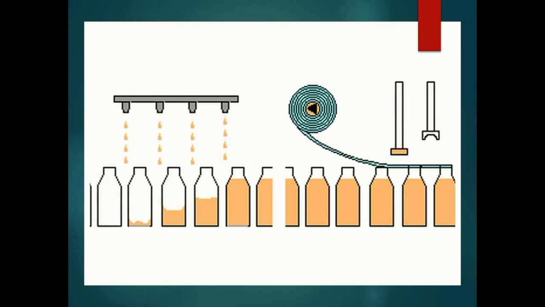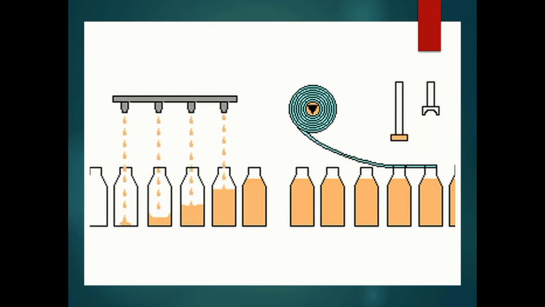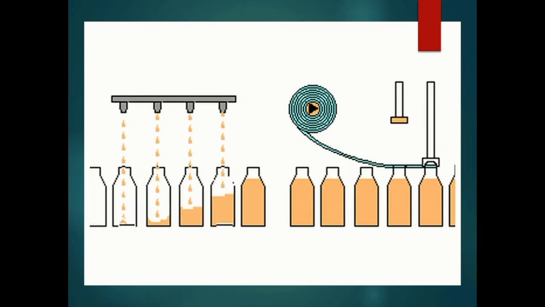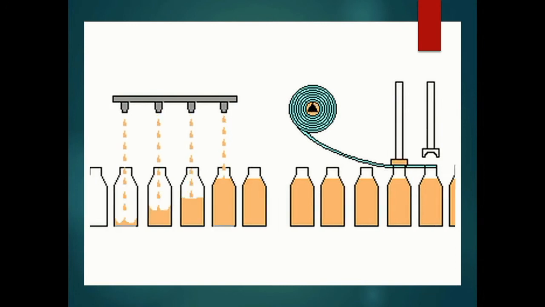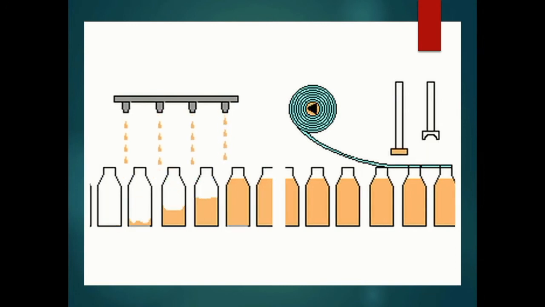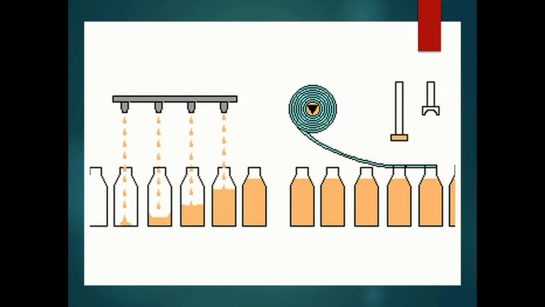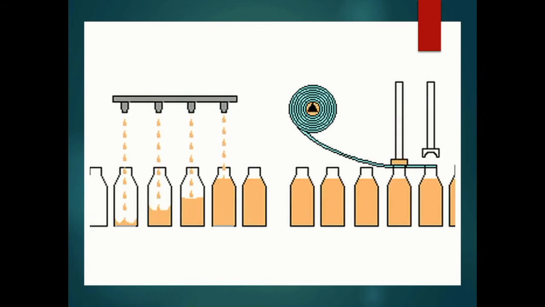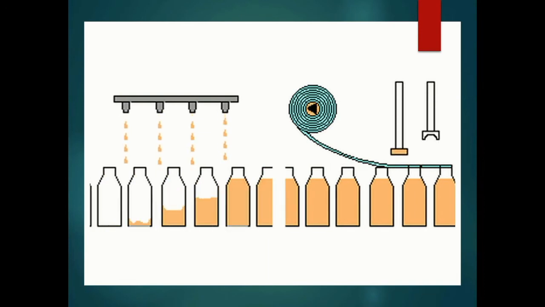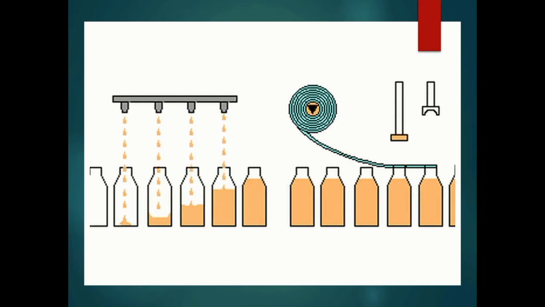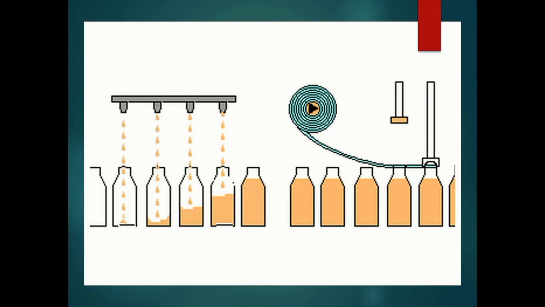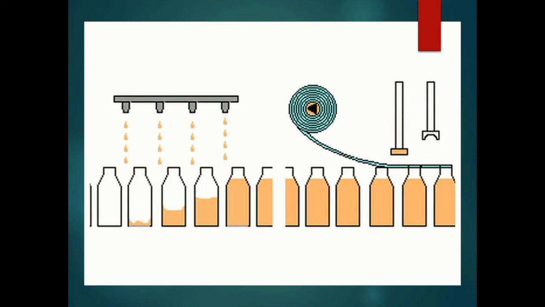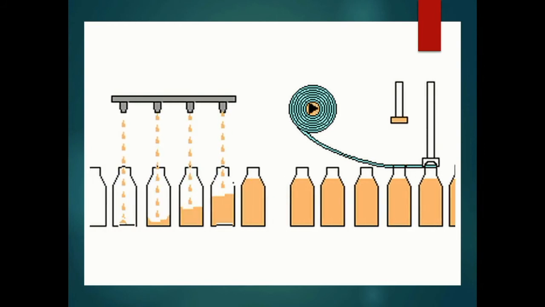Then what should be the temperature of the milk? Because remember, whenever we are purchasing milk, we are keeping it in a fridge or we are immediately boiling it. So we are taking certain precautions for the milk. Why? We are going to discuss that in this particular chapter. Then what are the sensors involved, what are the different valves involved. Level sensing is a prime parameter in this, temperature sensing is a prime parameter in this. So all that we are going to discuss in this milk industry.